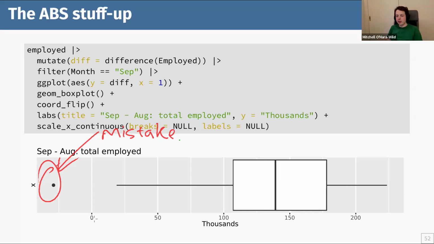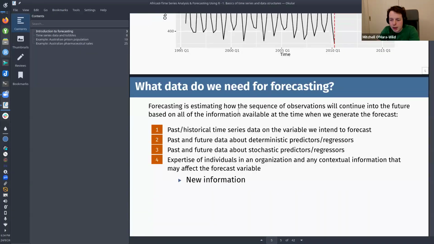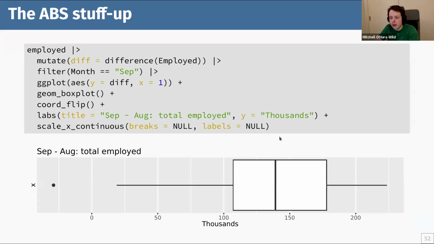And the reason why this mistake happened was because of the way they collected their data. Remember from the very first thing we looked at yesterday, in that workflow, gathering data and information, what happened in this story is that the government changed the way they collected data. They asked a different question. And because of that, people were now answering truthfully. Because if they answered earlier,